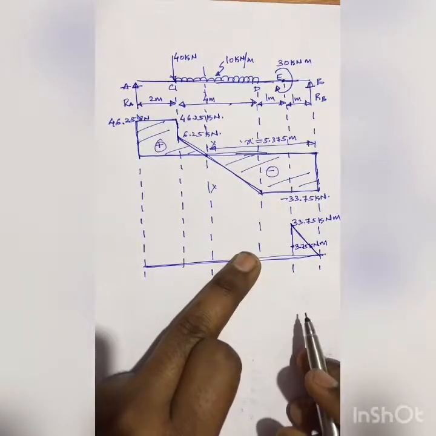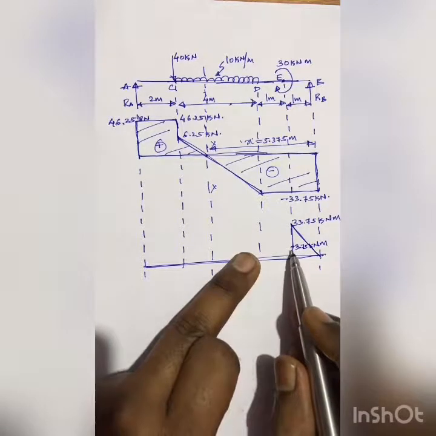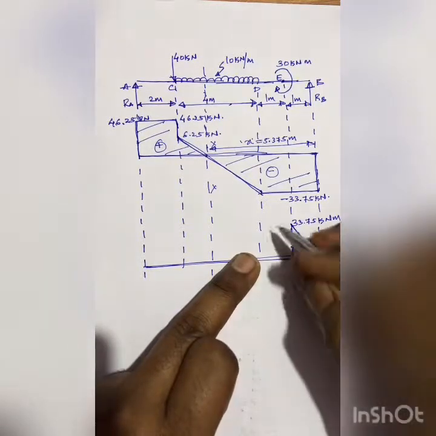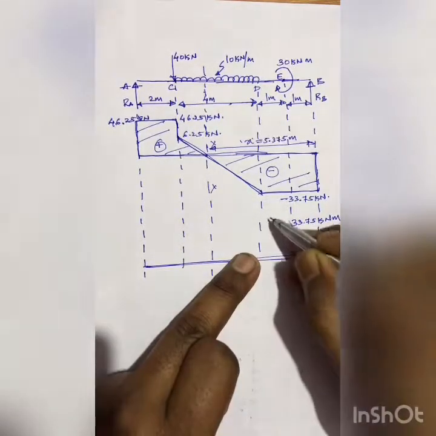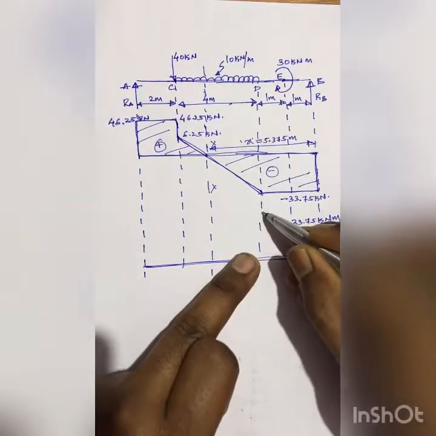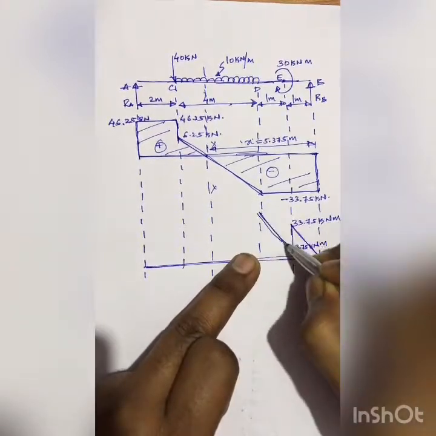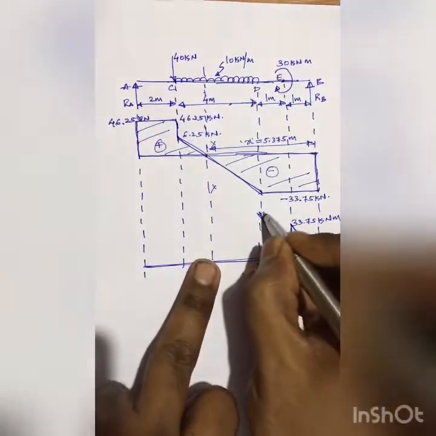Next, we have found out the bending moment at point D, and bending moment at point D is how much it is? 37.50 kilonewton meter. So it comes somewhere here, and again the variation from here to here will be linear variation. 37.50